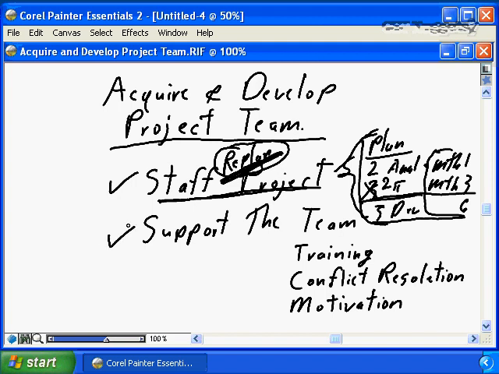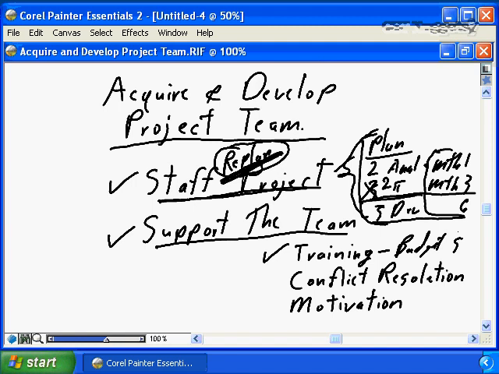Independent of whether you get exactly the staff that you want, or you get a subset, or maybe you're lucky and you get more experienced staff than you expected, you need to support the team during project execution. You need to ensure the team gets the appropriate training. If the team needs training in the business area to ensure that they converse with the business appropriately, provide the training. If the team needs training in the development processes that your project is following, provide the training. Whatever form of training that your team needs to ensure that they can complete their project assignments, ensure that training takes place. And that should be a budget issue